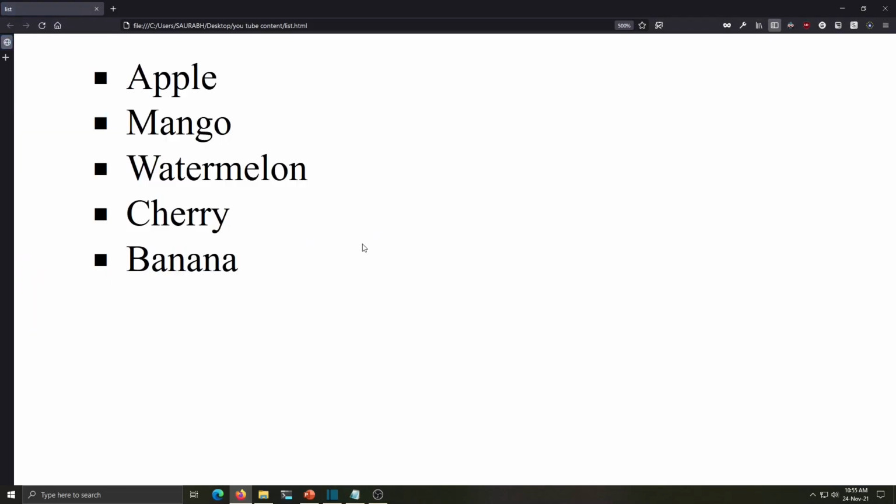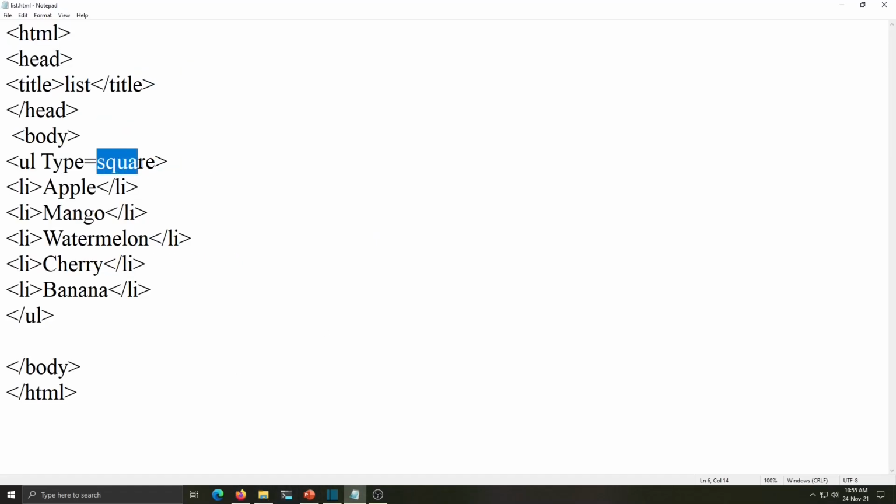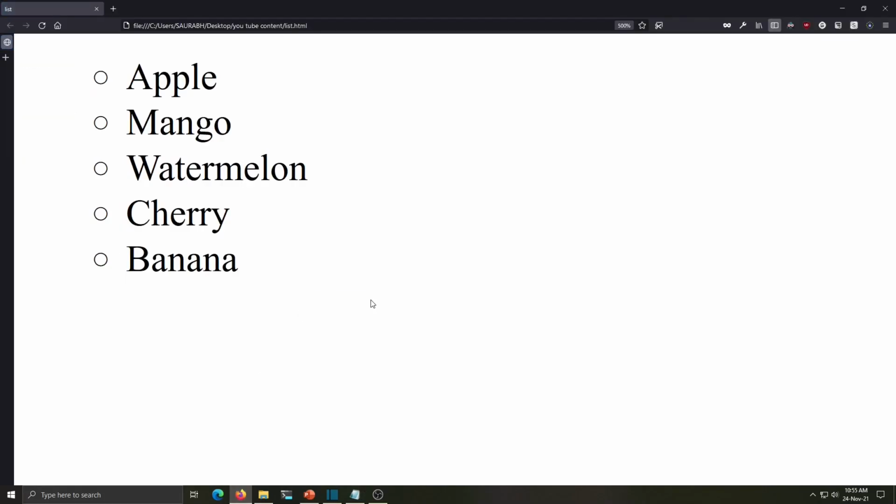The same list is displayed with square bullets. See again, if I type circle here, save, browser, refresh, see the bullets have changed. This is a blank circle. Hope you understand this.